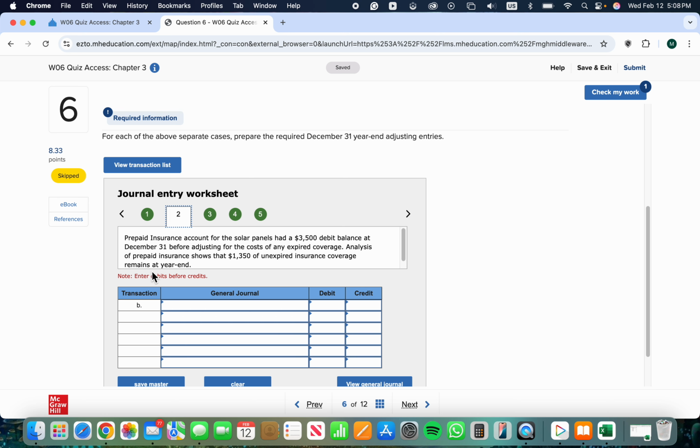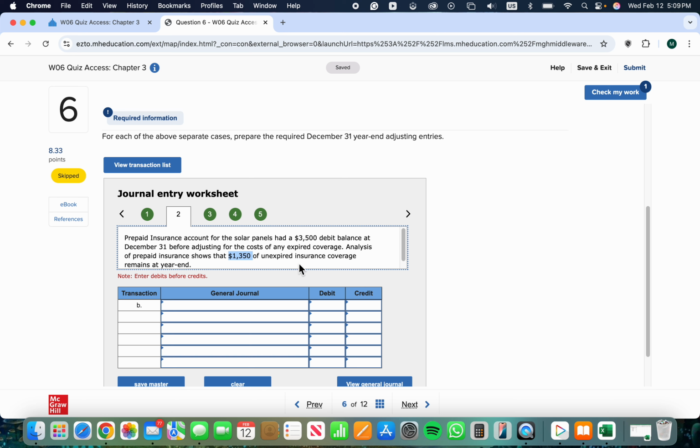Our next one is prepaid insurance. The account for the solar panels had a 3,500 debit balance at December 31st before adjusting for the cost of any expired coverage. Analysis of prepaid insurance shows that $1,350 of the unexpired insurance coverage remains at the year end. So this is what we started with, and this is what we ended with